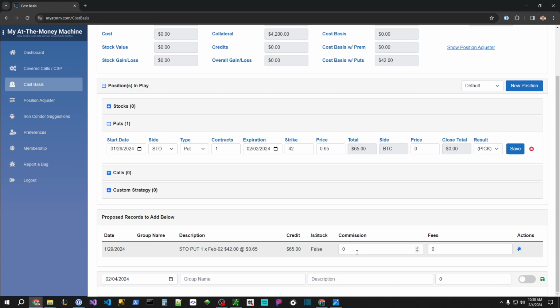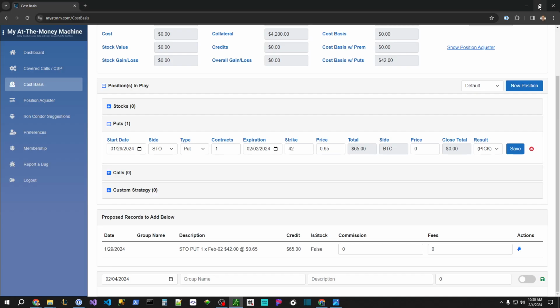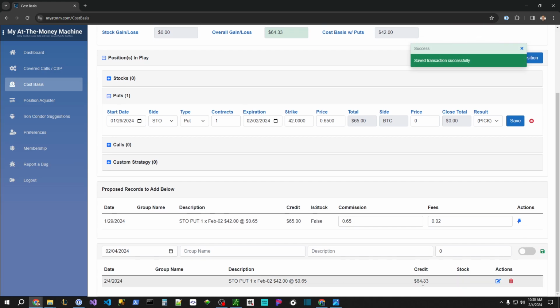down here to add. Now, as usual, doing the paper trading, you could see that Thinkorswim is tracking the fees. So let's go ahead and start tracking the fees. Normally in paper trading, haven't been tracking the fees, but I'm going to go ahead and start tracking them now. So it's 65 cents and 2 cents right here. So what you would do is you do 65 cents and then 0.02. And then what happens when you press this blue button is it will calculate. It'll subtract the fees out of there and add the proposed record down here. So it's showing 64.33, and then all you do is click the save icon, and then that'll add the transaction down there,